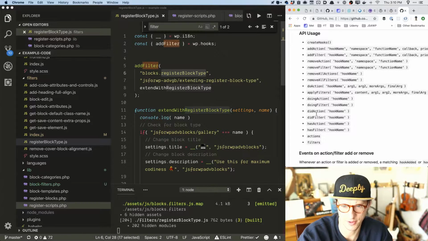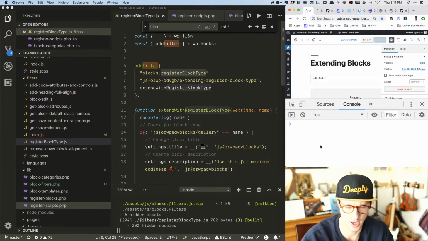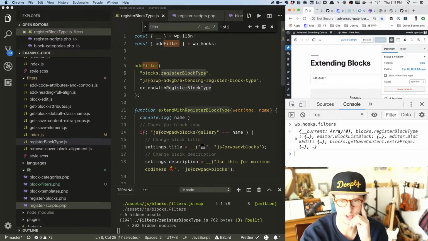Is there an apply filter? You could just get all the filters. Okay. I don't know, man. I am going down a rabbit hole here. I feel like